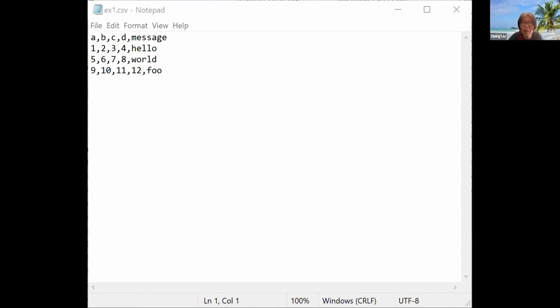So first, let's take a look at the file. So this is the first CSV file, and it's separated by comma. It's a pretty simple one. So it's the user CSV file. And then